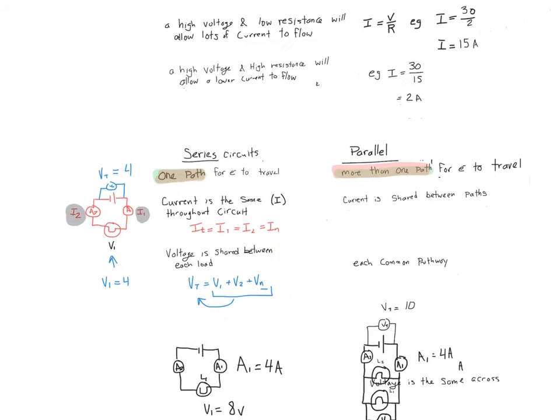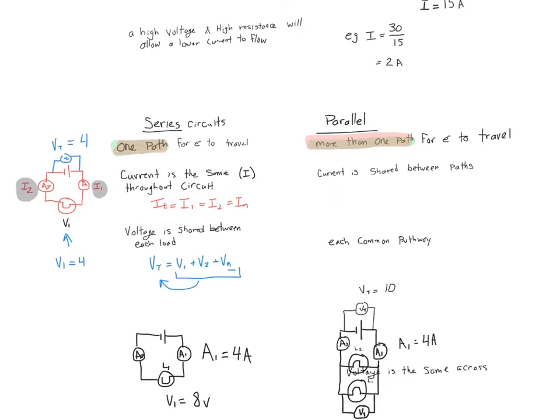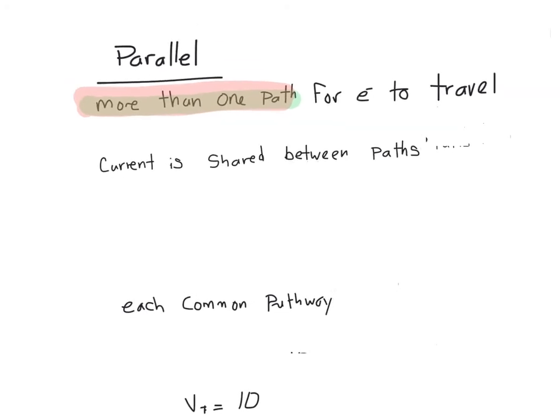So now let's move over to parallel circuits. In parallel circuits, the current is actually shared between paths. So if I'm writing a formula, it's going to look like current total is equal to current 1 plus current 2 plus current 3, plus current n. It doesn't matter how many different places we're measuring the current, it just means that